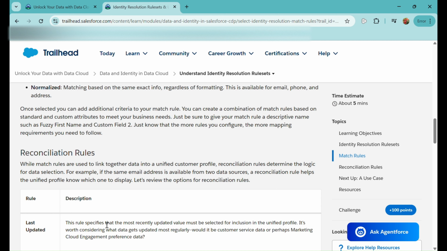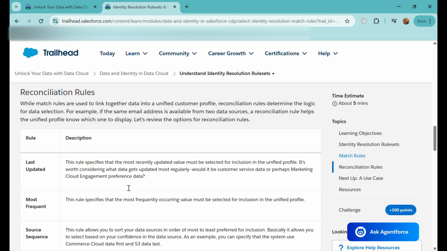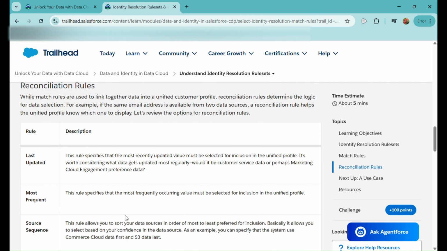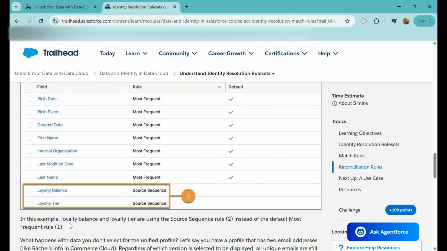There are three options available to us: the recently used, or if you want to prioritize one data source above another, or the most frequently used. Using these three criteria we can prioritize one data over another using the reconciliation rules. So yeah, that's how it is.